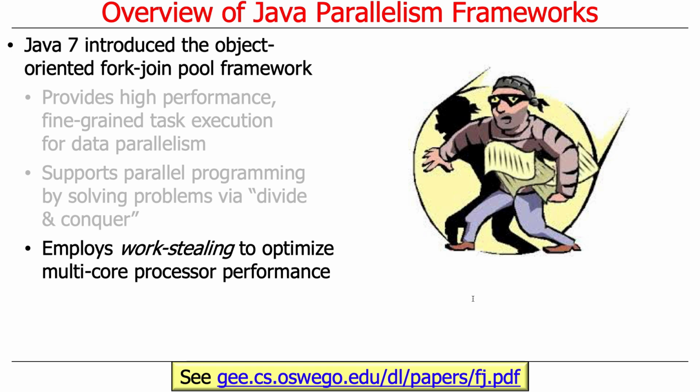So P threads, let's see. There's really no equivalent in C to the concept of a fork join pool out of the box. P threads are like Java threads, but in C as opposed to Java. And the fork join pool is a higher level abstraction that uses a small pool of Java worker threads to let a large number of so-called fork join tasks run in parallel.